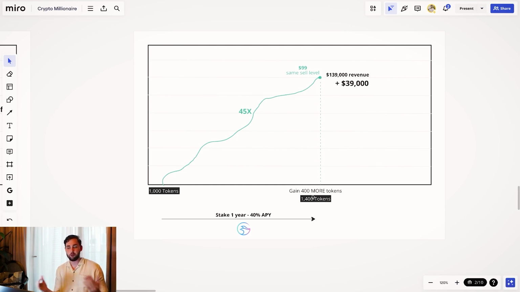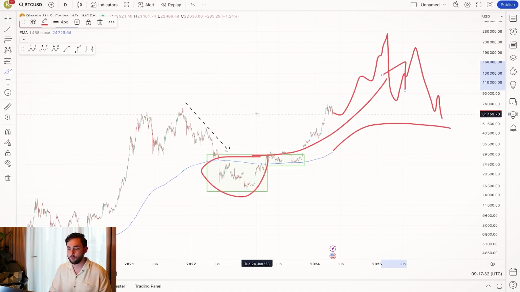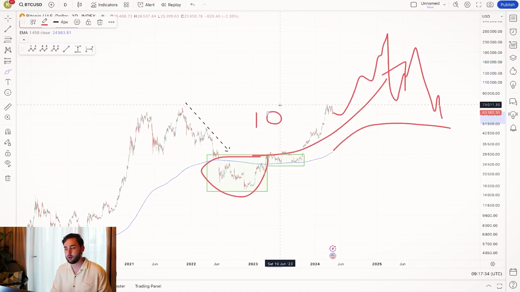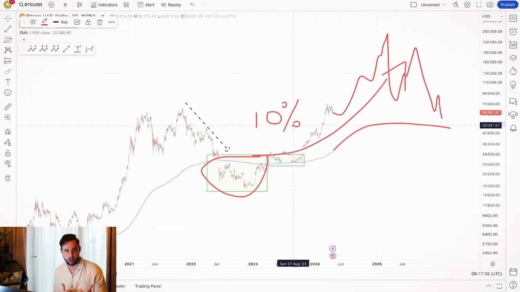If you earn 400 more Manta tokens staking at 40% APY over 12 months, there you go, there's an extra $40,000 for you. Literally 40% of your portfolio, of course, in the sense of you staking for 3 years in this hypothetical example, for 10% APY, well, of course, that'd roughly be a bit more than 30% because obviously it compounds. So you'll have quite a lot of tokens over that time, again affording you the opportunity to have risk on or risk off for extra money.